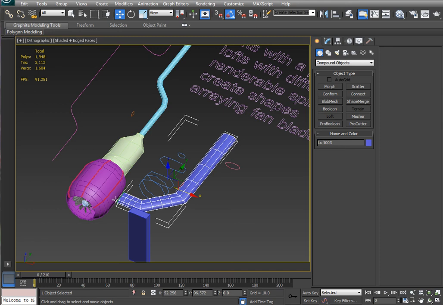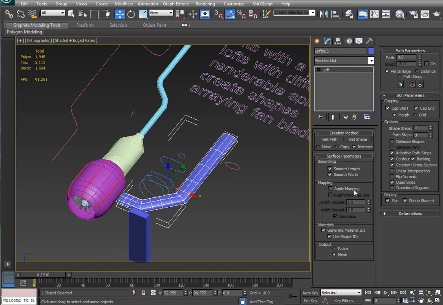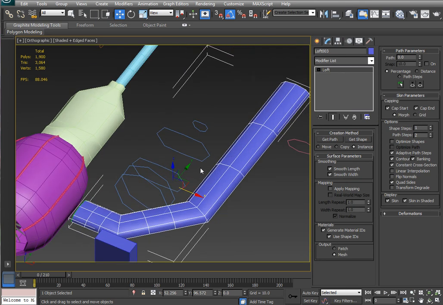Now by default you'll probably see a higher density of segments, so you can easily go to the Modify panel to the parameters of the loft, and you can change the shape steps, which changes the cross section, basically the detail. You can also change the number of path steps and make it very angular, or if you have a line that is